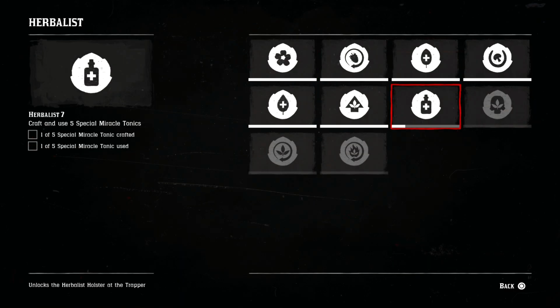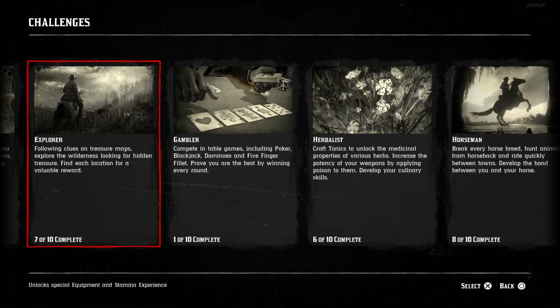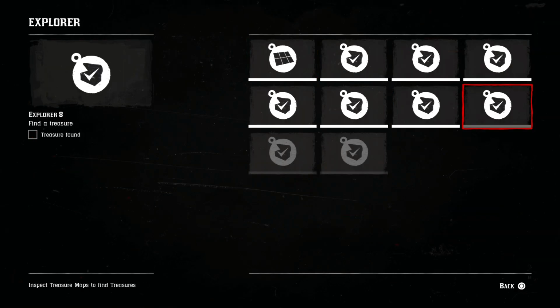With the herbalist, I managed to make one special miracle tonic and used one. So that's easy. But I'm still busy with the explorer. I mean, we do need to find 3 more treasure maps or treasures, so...